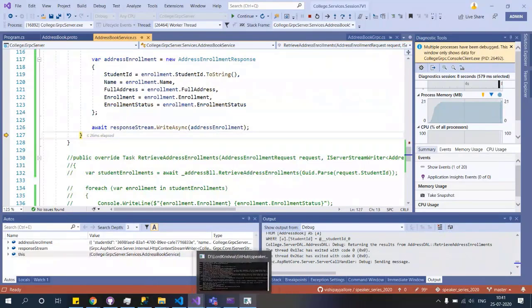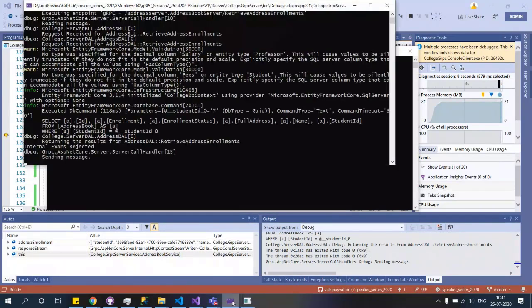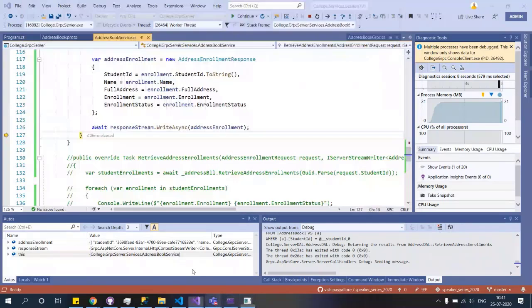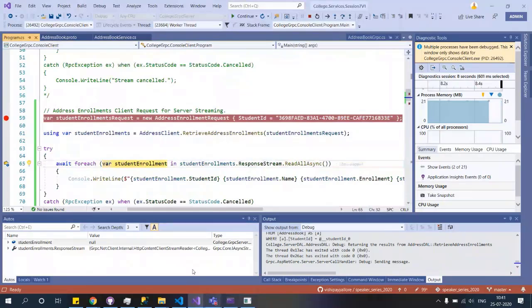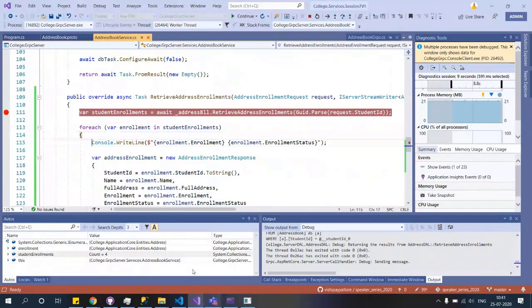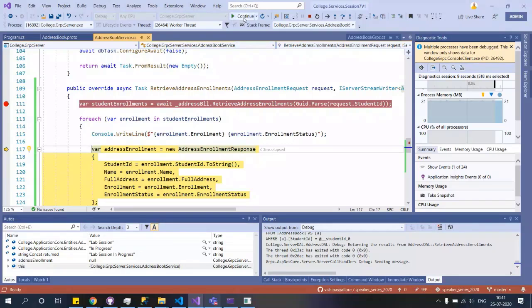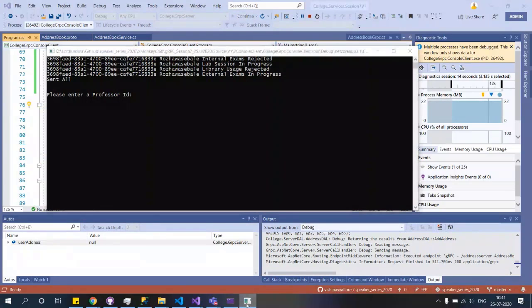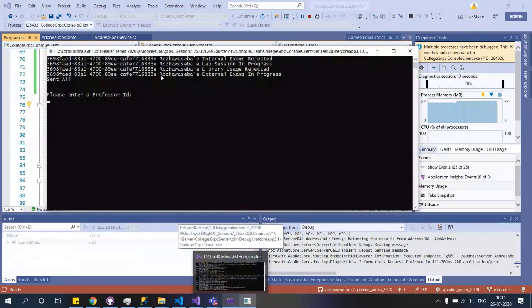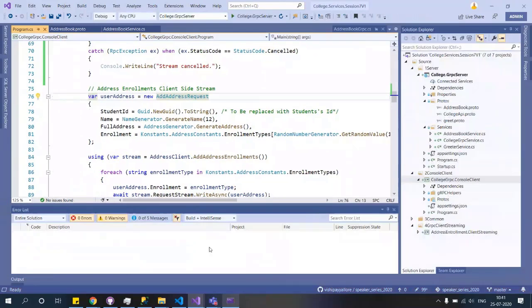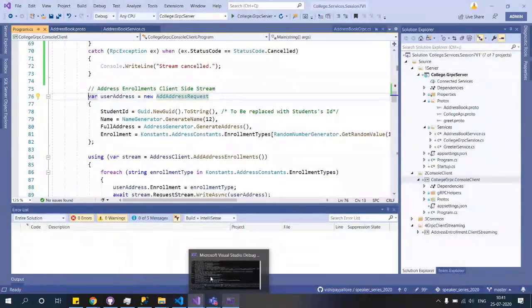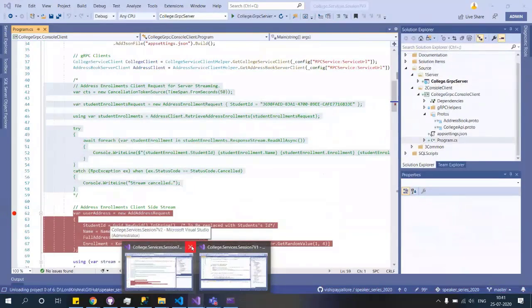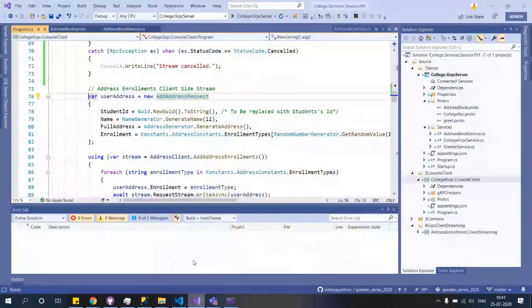Let's see that. Okay, we write that one record, and we do one more streaming. I will remove that so that we can start seeing the output. We saw that the 4 rows have come in. So the issue was I was adding the code in the V2 version of the solution, but the console which I opened was the V1. So that was the reason we were not able to hit it. So now we are able to hit it.